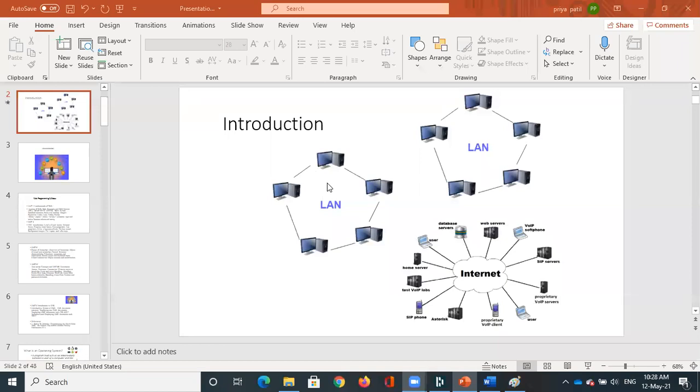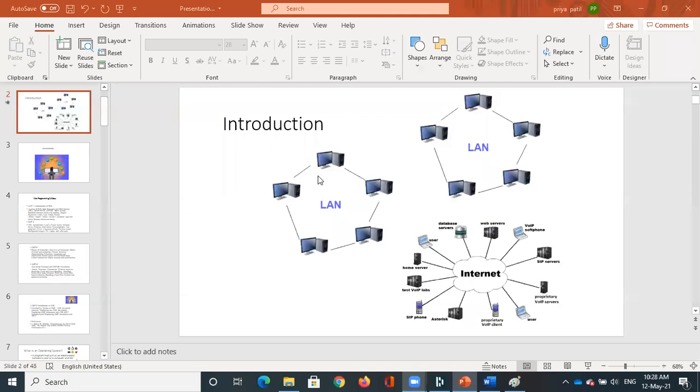But there will be a restriction: the information can be exchanged only among these 5 computers, not outside this boundary, because they are connected only within that organization by using the local area network. They can share files, but they cannot send an email.